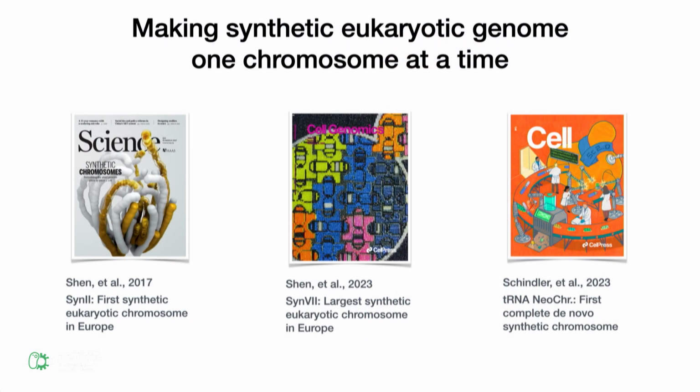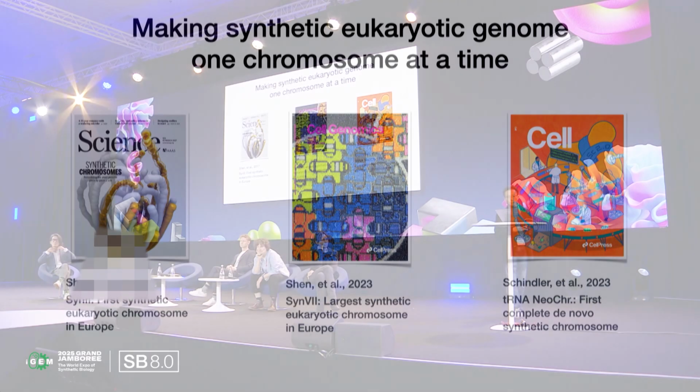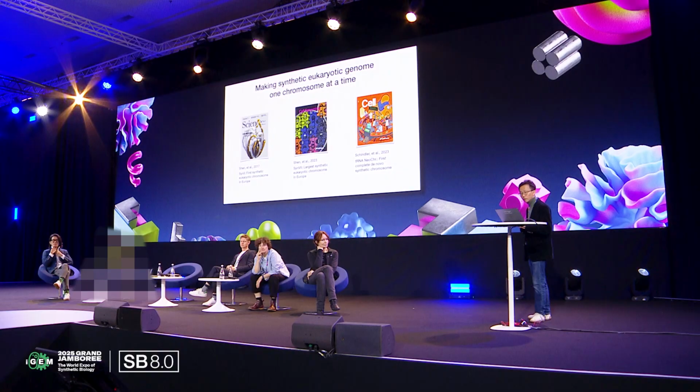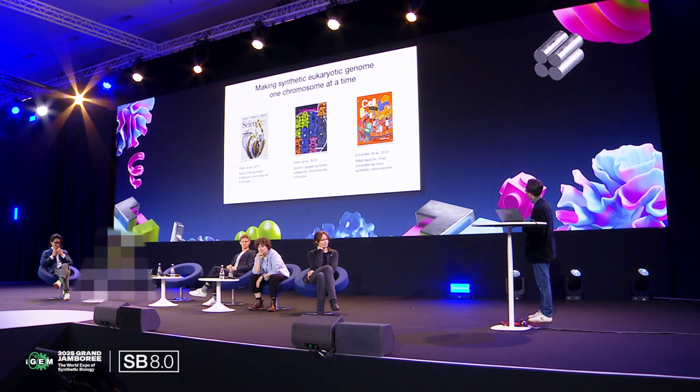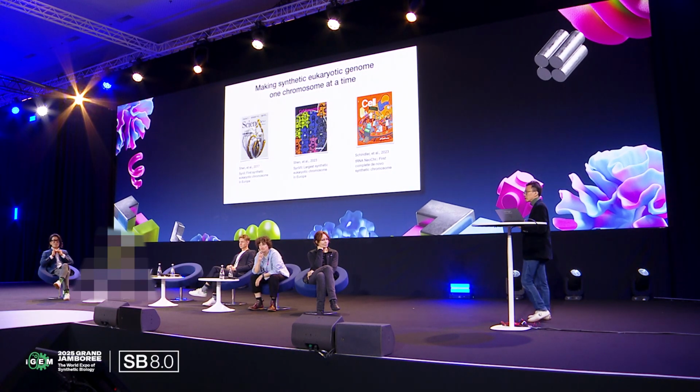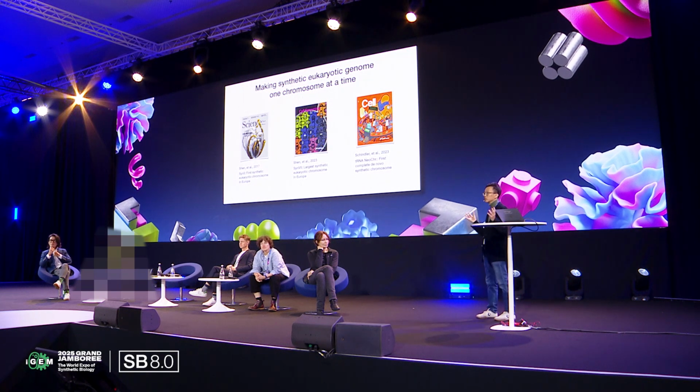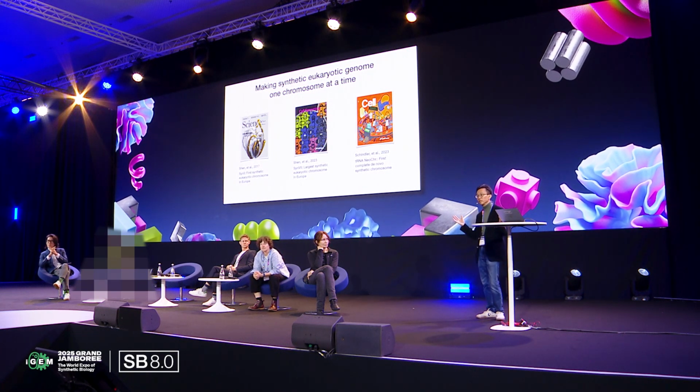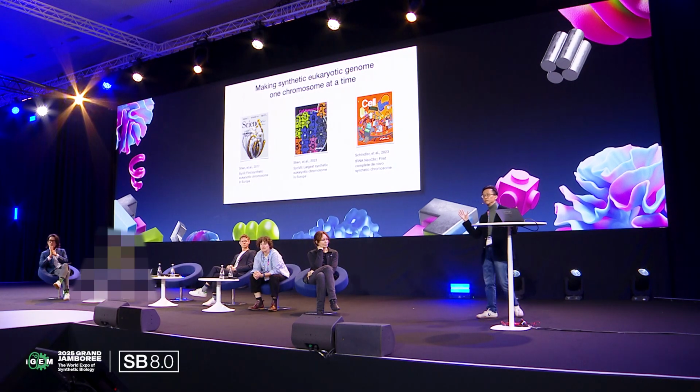scale. And over the last 10 years, we have built some of the chromosomes, some eukaryote chromosomes, I should say, one at a time. So we built chromosome 2, which is the first synthetic eukaryote chromosome in Europe. And chromosome 7, that's the largest one. And then the tRNA chromosome, which is a complete de novo chromosome, meaning there's no natural template. You have all the degrees of freedom to put a chromosome together. And these are all published. I'm not going to tell you all the details, but I'd like to now lead you to the next